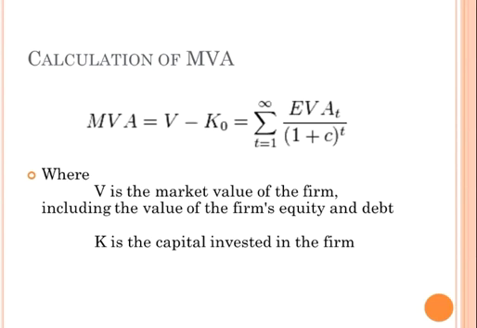or economic value added divided by 1 plus rate raised to power time. Here C is cost of capital. But for calculating MVA, only EVA is the basis, because without EVA understanding, you can't calculate MVA. So EVA is a value assessment tool and MVA is a wealth assessment tool.